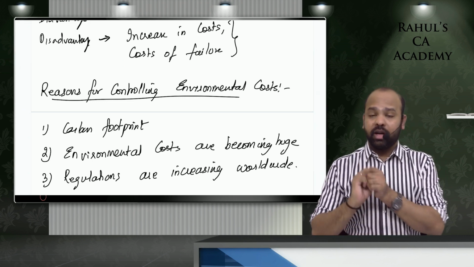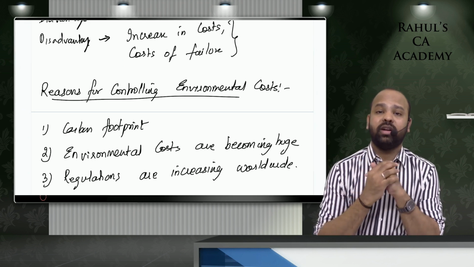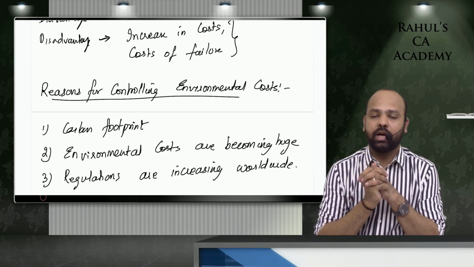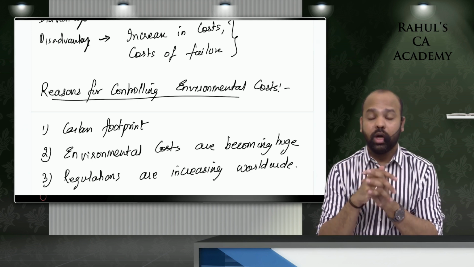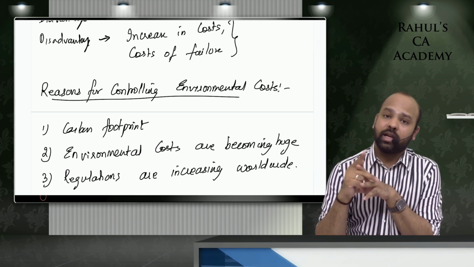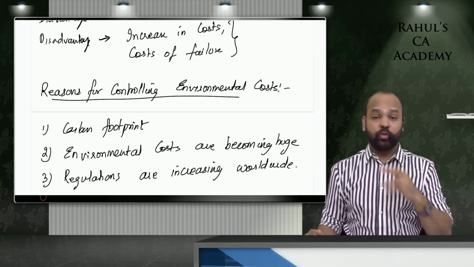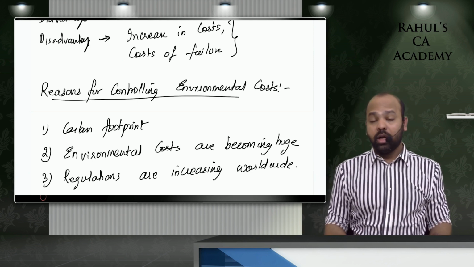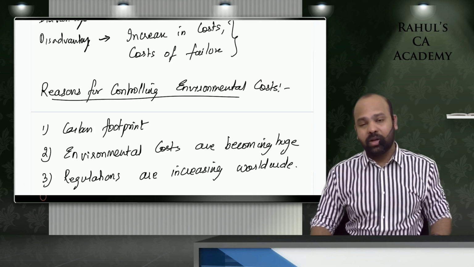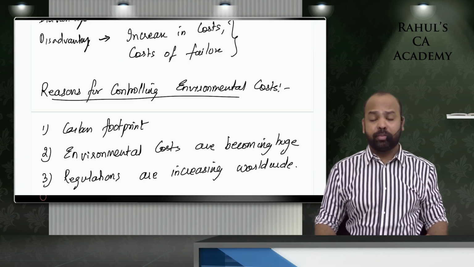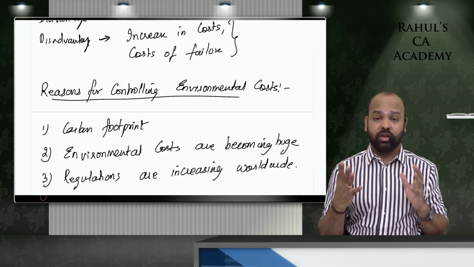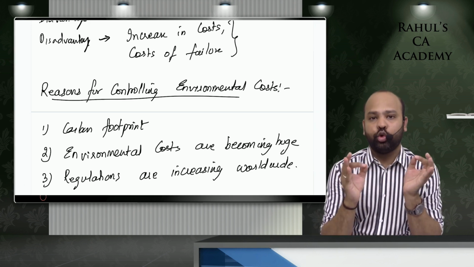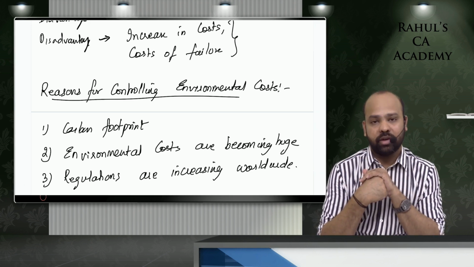I hope everyone has understood. We've spoken about cost control, cost reduction, environmental management accounting. Under cost reduction, we spoke about target costing, and then we spoke about life cycle costing. And under cost control, we spoke about Pareto analysis. And here, lastly, environmental management accounting. I do not have to repeat again that this chapter is very, very, very important, both for practical questions as well as the theory part. So ensure that you do it thoroughly. Revise it one day before the examination.